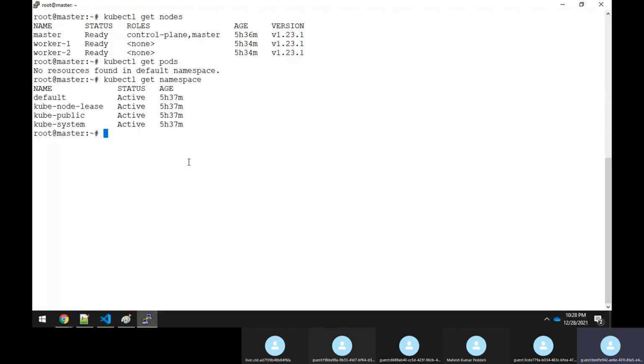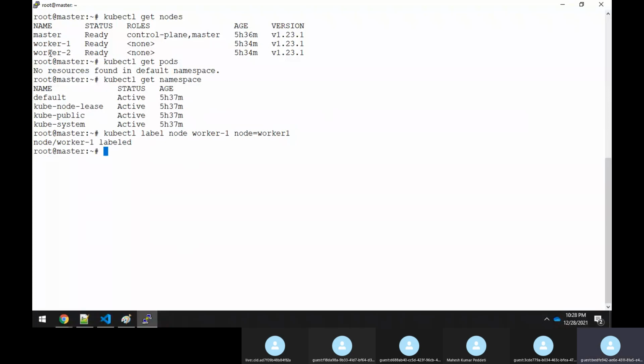Now what will I do? I have worker 1 and worker 2, and I will set a label for them. I will run kubectl label node, specify worker 1, and say I want to set the label for worker 1. What label will I set? I'll just say node=worker1 itself.